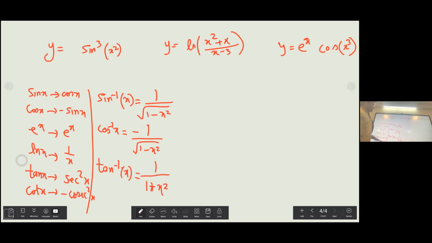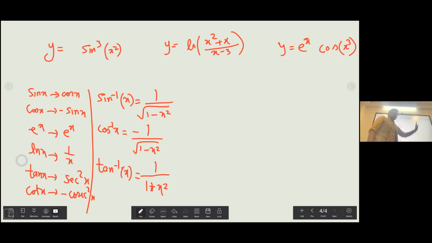These are the basic functions that you need to know by heart, if you wish to save your time. These will also be used explicitly in the advanced integration topics we will be doing, like Maclaurin series and all. So this is going to be very, very important. Make sure you know this. If you don't know the integration concepts yet, that's okay, but you must know these basic formulas by heart.